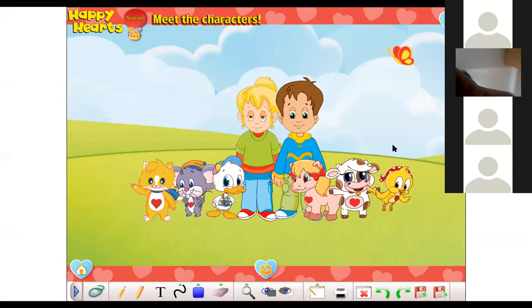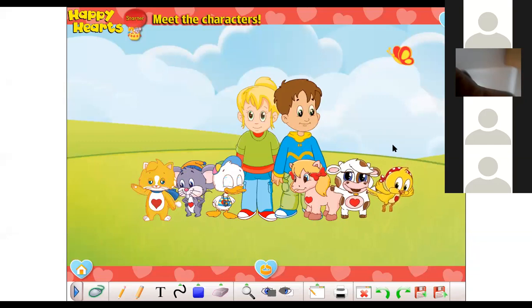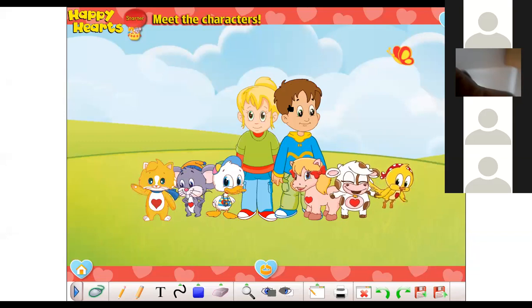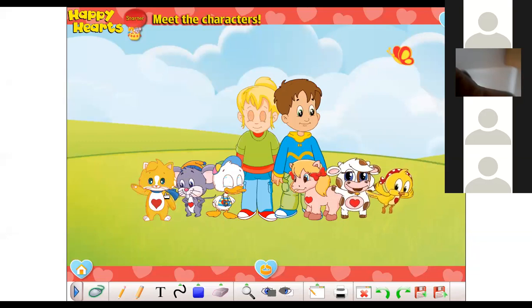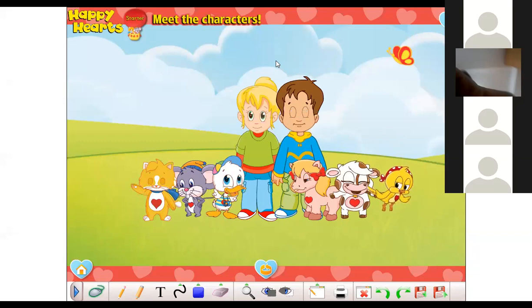So, after niya, turuan nyo sila ng song. Yan lang siya. So, uulit-ulitin nyo lang po tong character na to. Okay. So, you can say, each one, hello, and then introduce their name. Isa-isahin nyo yung mga bata. But, on the teacher's guide,